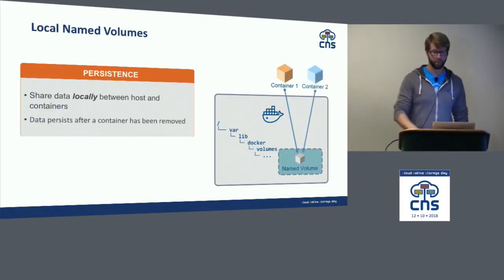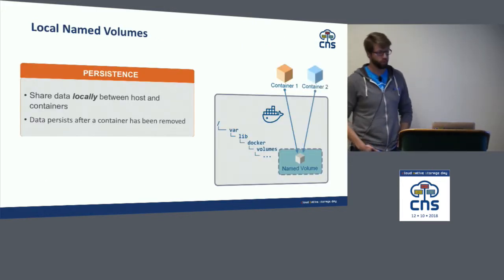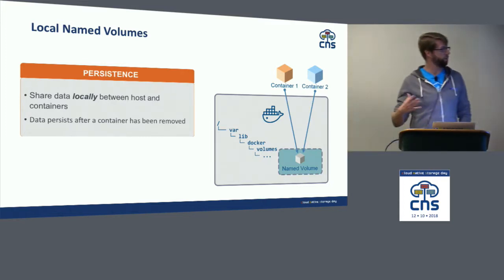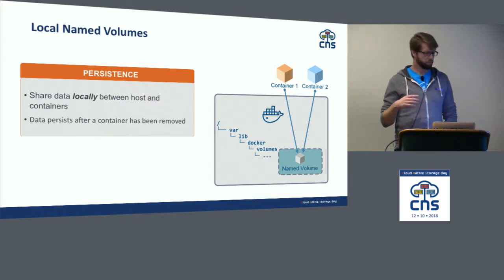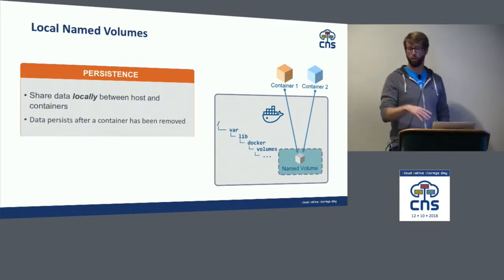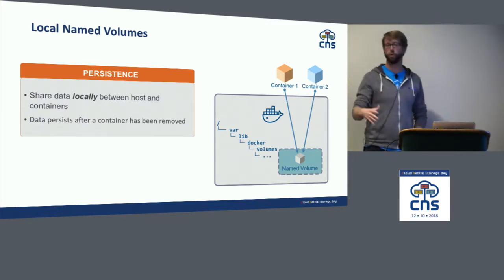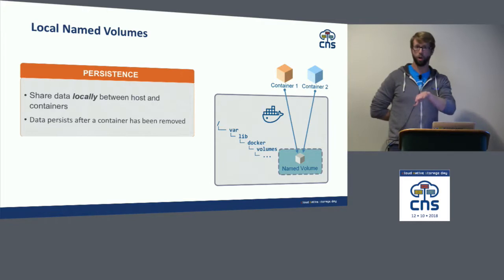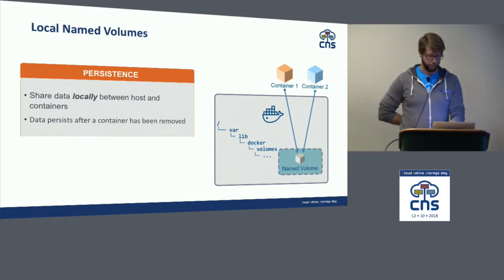So in Docker specifically, there's two ways that we can talk about doing that. One of them is a local named volume. You can create a volume that's backed by the host's file system, and the container can read and write to that. When that container goes away, that data still lives on the host file system. And a second container can start up later on and consume that same Docker volume from the host file system and reuse that same data. So that's one means of achieving persistence. But the downside here is that it's only on a single node itself,